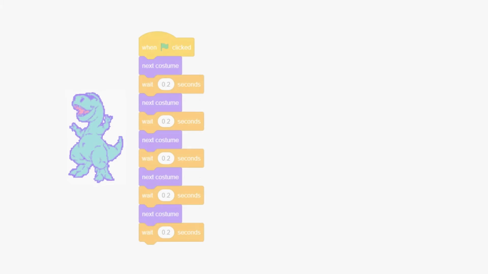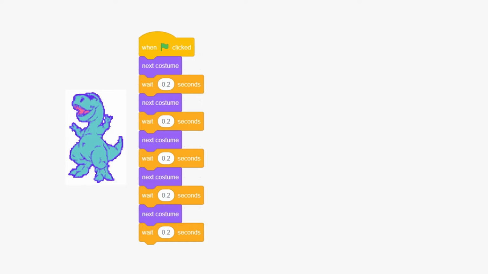First, we're going to make this dinosaur dance every time the green flag is clicked. In the animation, we will change the costume sprite repeatedly and quickly. Make the following coding block on dinosaurs. We will change the dinosaur costume, then give a pause or fast waiting time, which is 1/5 of a second.